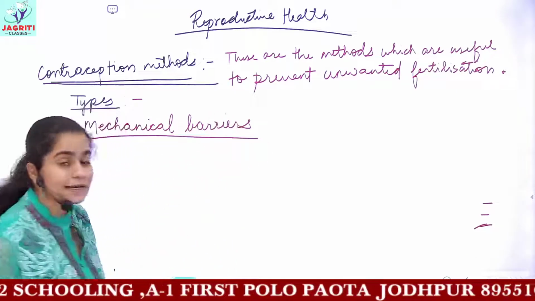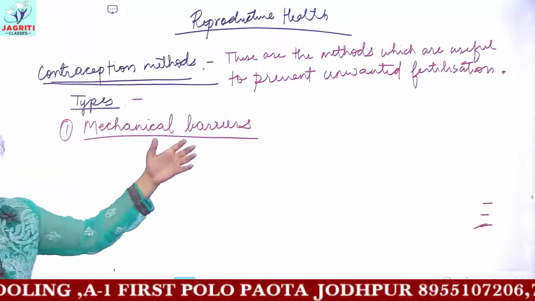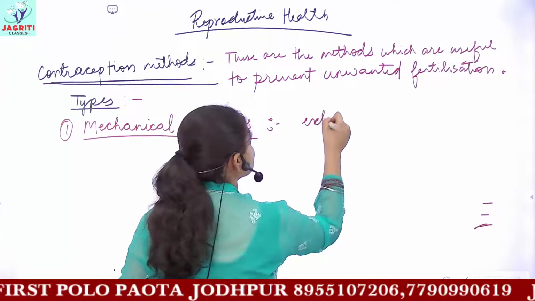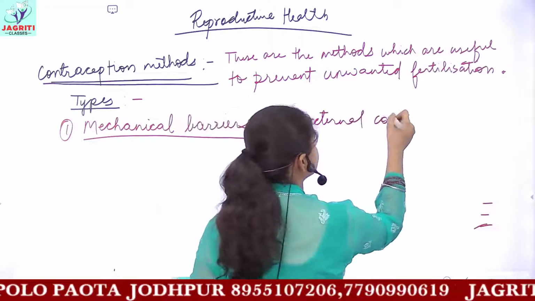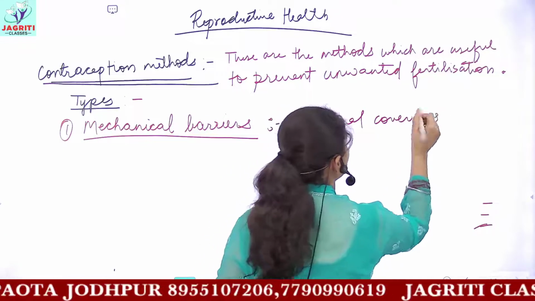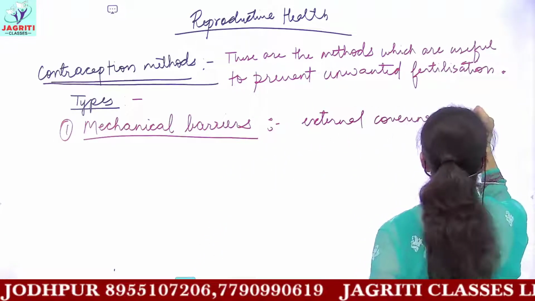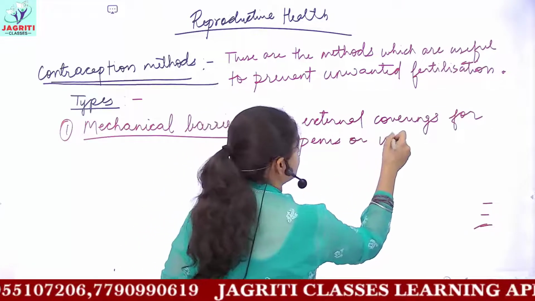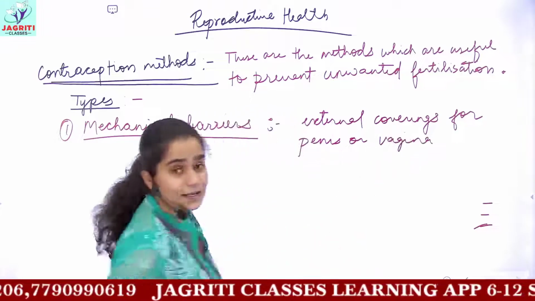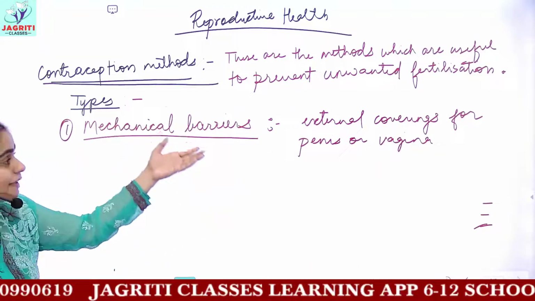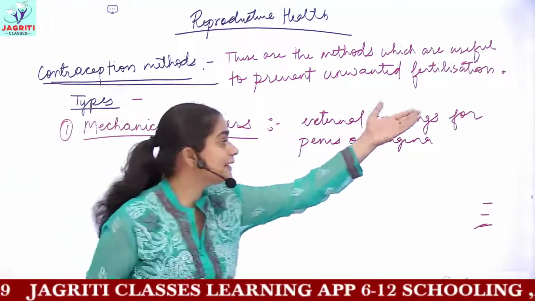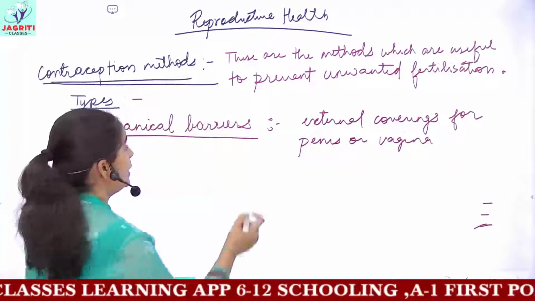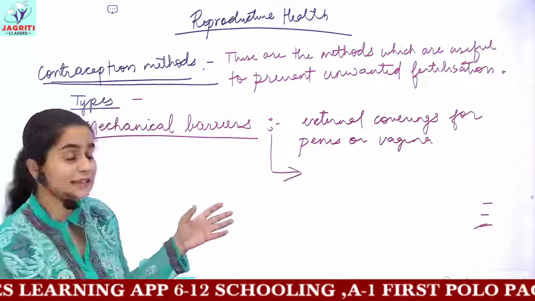So mechanical barriers means you are externally covering. These include external coverings for the penis or the vagina. Okay. So mechanical barriers are the type of contraception methods which are used as an external covering for either the penis or the vagina. And the useful advantage of these methods is